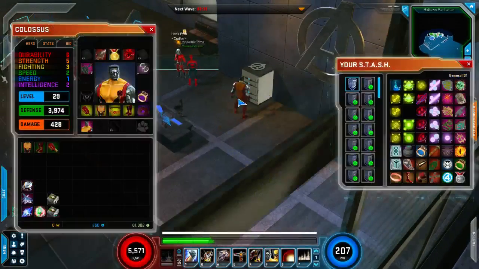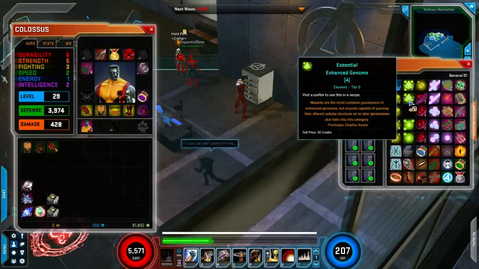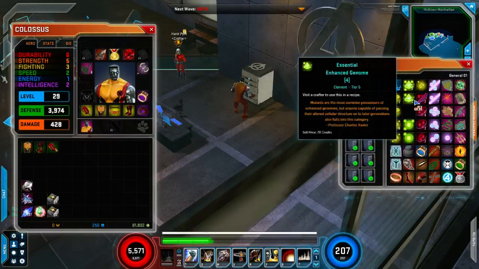Inventory is probably the biggest issue I have in this game, because here you get General Stash 1, which mine is full of the crafting materials and stuff that I've got, and I've tried to, like, you can make them smaller, and